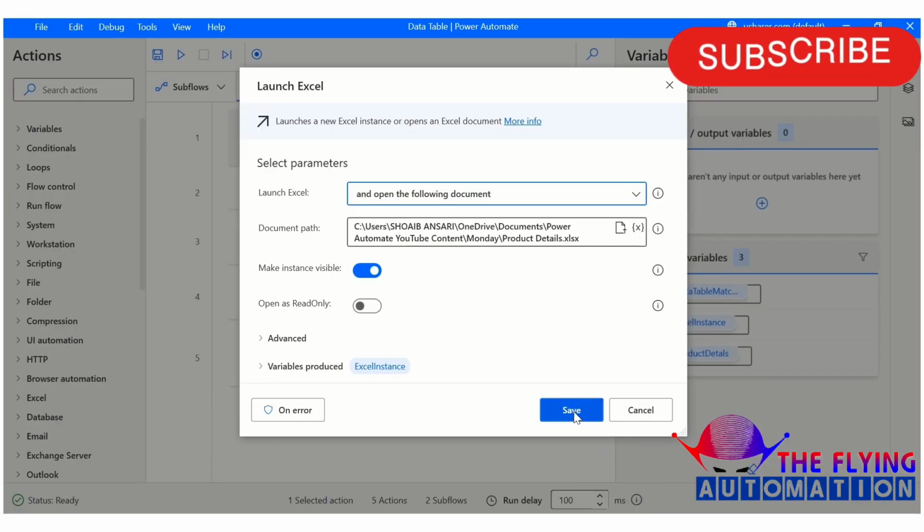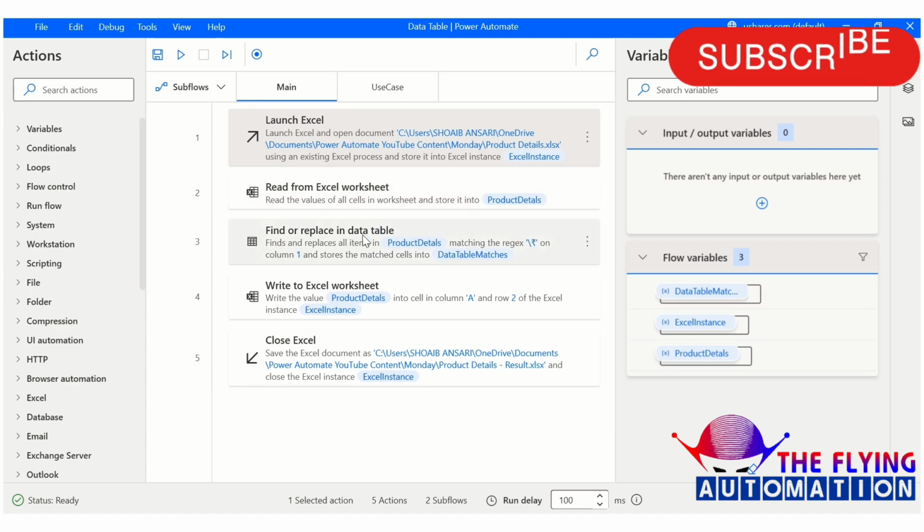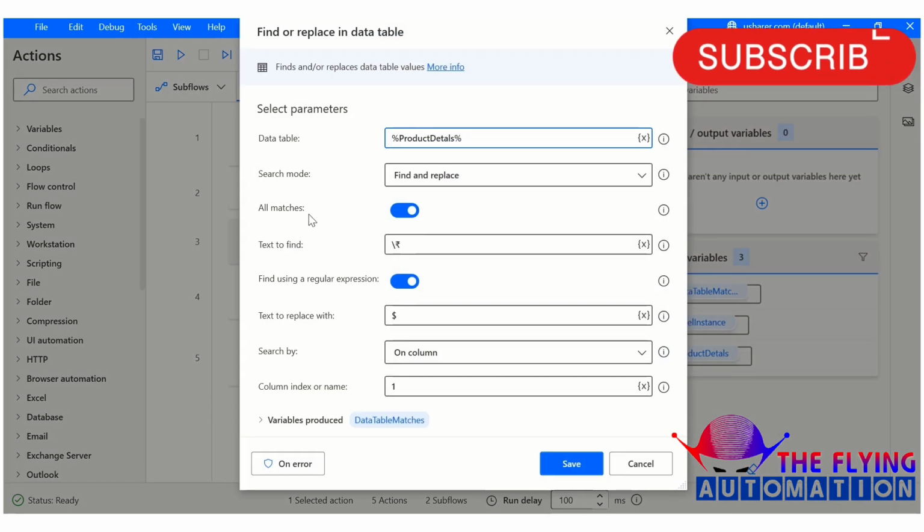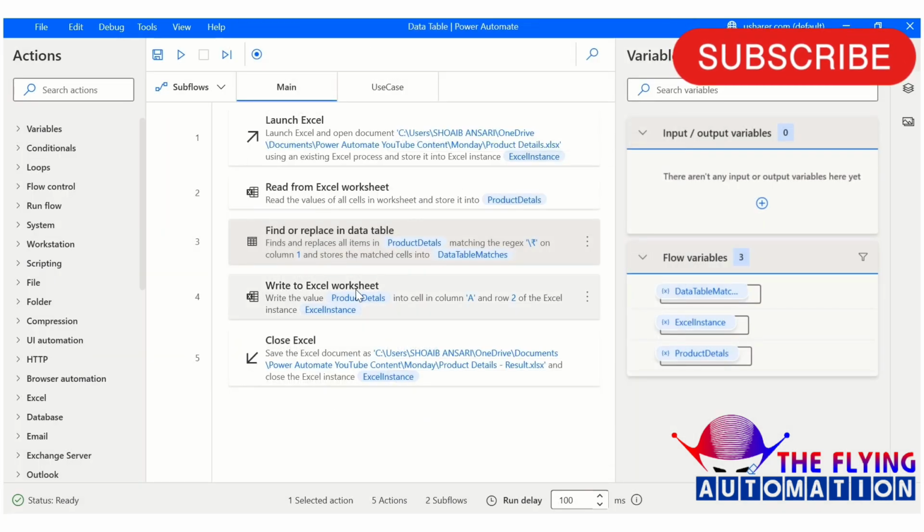After this I am using this activity. See, I am using regex for finding the text rupees and replacing it with dollar. I have already told you about this action, and all its parameters I have already explained. So let me run it first and see what the output of this flow is.